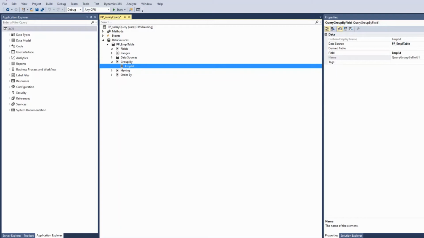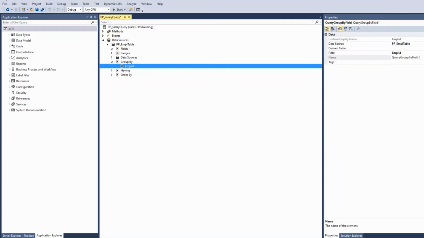Now the amount field from the salary, for that we have to use the aggregate function, which we will see in the child data source. Once we add the field, we have to use the sum field, because in that table there will be multiple records for the same employee ID, and we have used the group by function. So the other fields in the query will be processed by aggregate functions. We cannot use the normal fields because we have done the group by in this query.